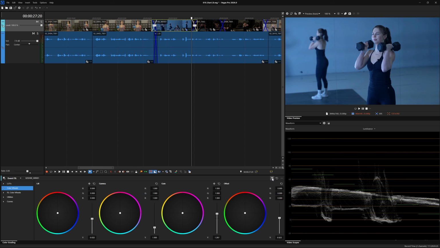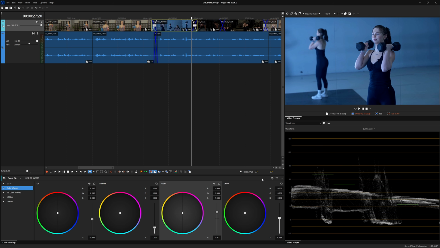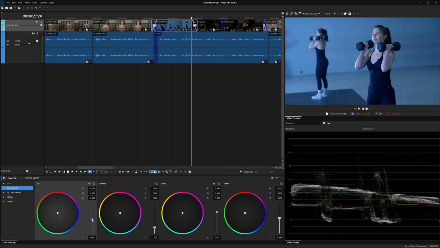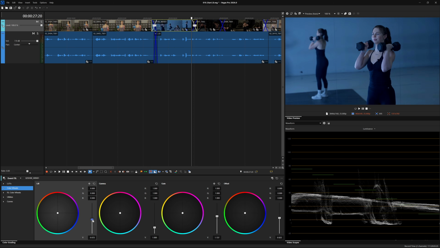To add more contrast to the image, you can make the shadows darker with lift and make the highlights brighter with gain. Making small adjustments means that you still stay balanced. Likewise, to reduce contrast, bring the lift up a little and take the gain down. With a little practice, this becomes second nature.